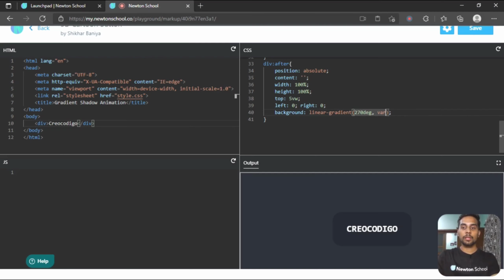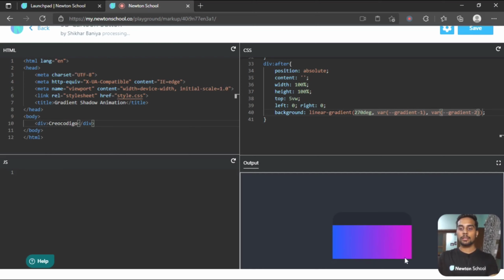Next I want variable of gradient 1 and variable of gradient 2. As you can see, we got this gradient.